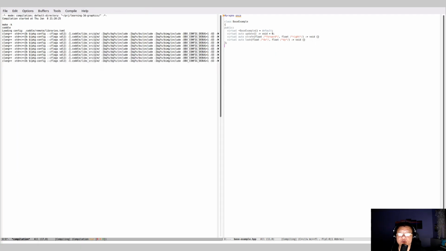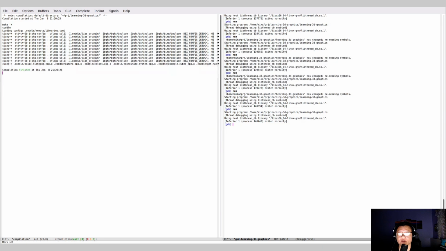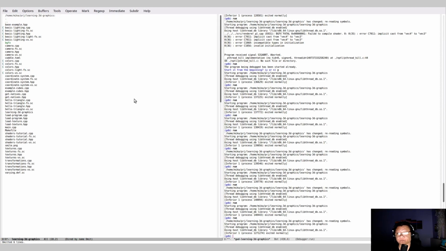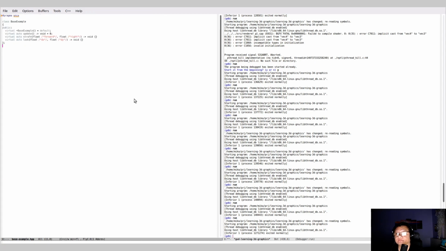So now it should compile and it should run as well. So it should have base cubes. One more thing. I think we should have